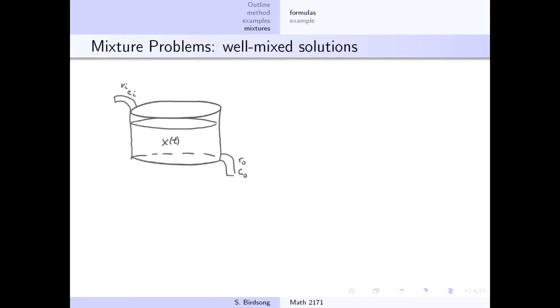An application of first-order differential equations are what are known as mixture problems. Mixture problems basically happen in some sort of container. We typically, in a first-level differential equations class, think of a tank. So you've got this situation where you've got some sort of tank, and you can think of it as